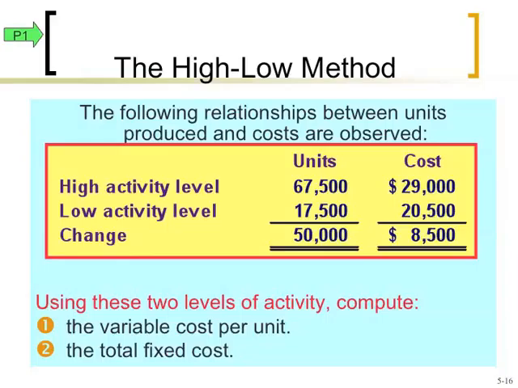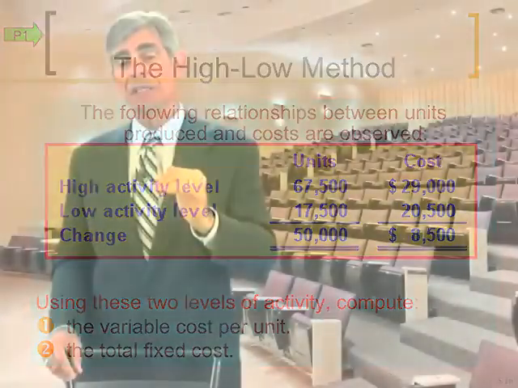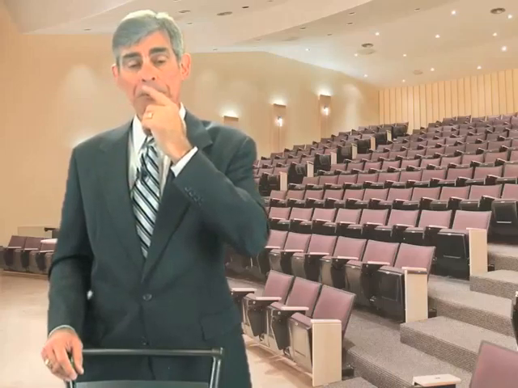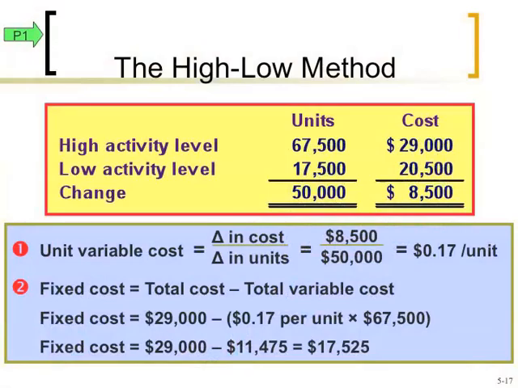Well, we know that fixed costs stay the same regardless of the level of activity. So therefore, all of that change in cost between the high unit level and the low unit level had to be attributable to variable costs. And if we go to the next slide, then we can see we divide that 8,500 by the 50,000 and we get 17 cents a unit, and we can see then we can calculate our fixed costs in this example would be